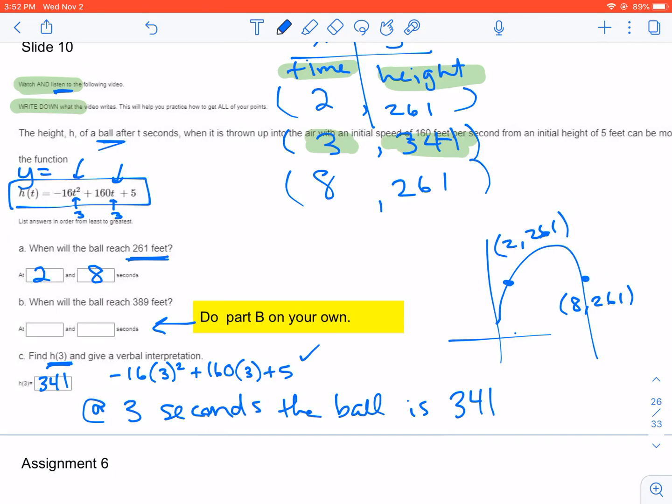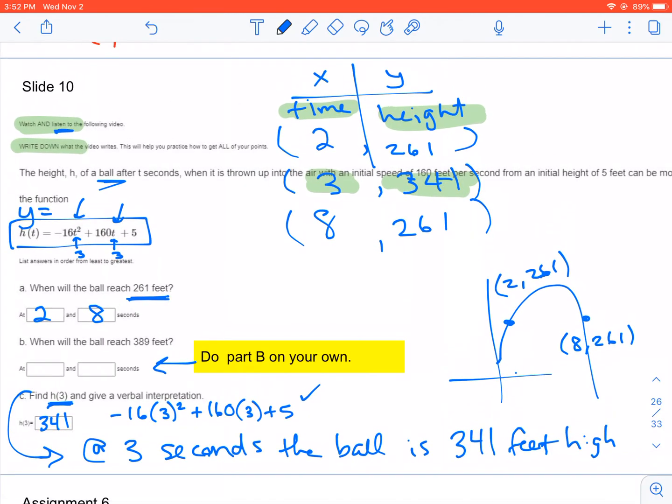Yes, feet high. And so that's the verbal interpretation of what h parentheses 3 means. It means how high is the ball at 3 seconds, and then we found our answer, and there's our verbal interpretation. Please make sure that you have this written down on your paper that you're going to turn in so that we know that you